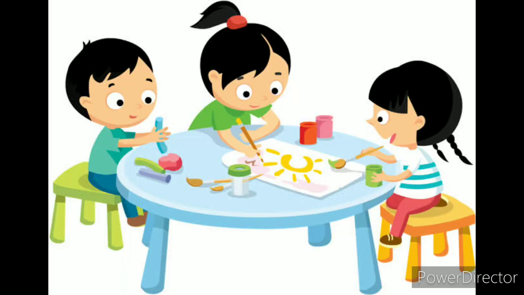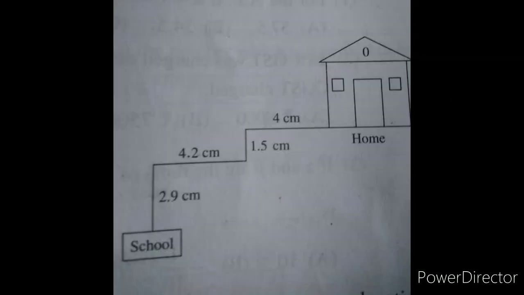Now children, when you draw a house, mountain or any scenery, you draw them to fit the size of the paper you are drawing on. So in the same way, while drawing a map, the distance between the 2 places on the ground is shown in such a way that it fits the paper. The distance shown on the map is proportionate to the real distance.